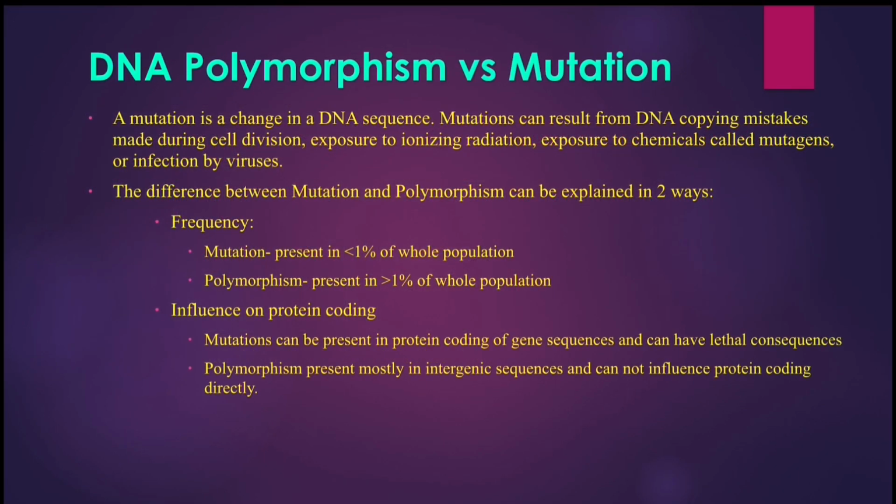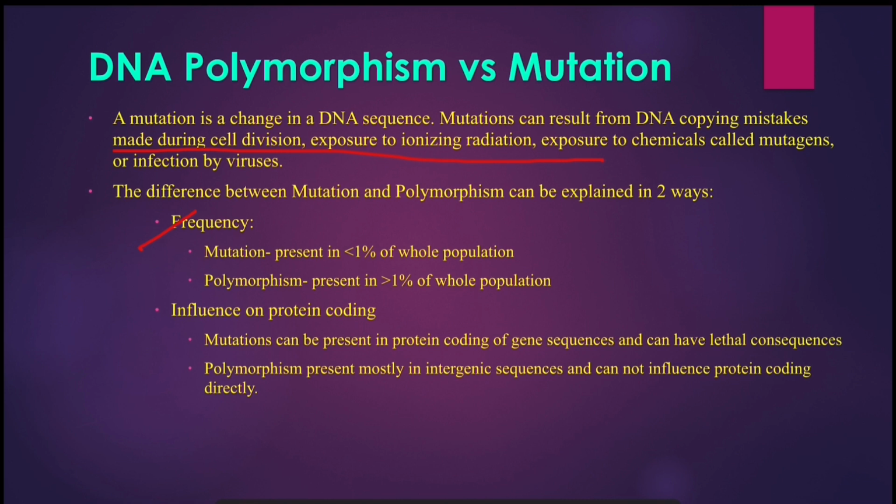One of the most common confusions in DNA sequence alterations occurs between mutation and polymorphism. Although mutation is also a change in DNA sequence that occurs due to all these mentioned reasons, there are certain differences between mutation and polymorphism. These two can be distinguished in the following ways. Firstly, frequency. A mutation is a physical event in a single cell or individual. A polymorphism is a population attribute.